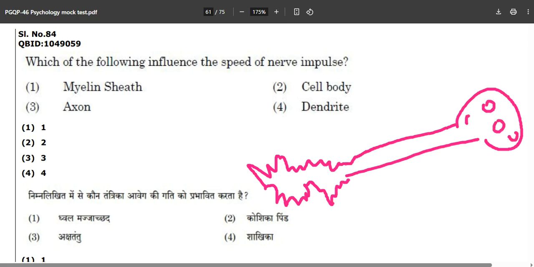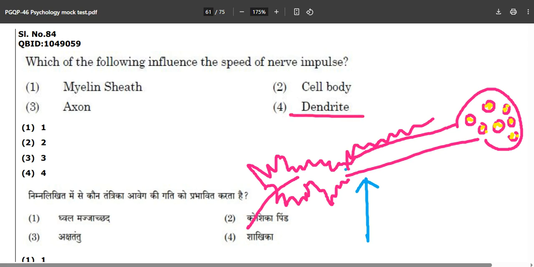So what is this? This is a neuron over here having some terminal buttons and the neurotransmitters acetylcholine, dopamine, and so on inside. Now, what is the speed of nerve impulse? The impulse goes from here to here. So, myelin sheath, axon. Where is the axon? The axon is this particular thing. The axon hillock we can have over here. The dendrites are over here. The cell body is also called the soma, having the nucleus, mitochondria, cytoplasm, and all those things.